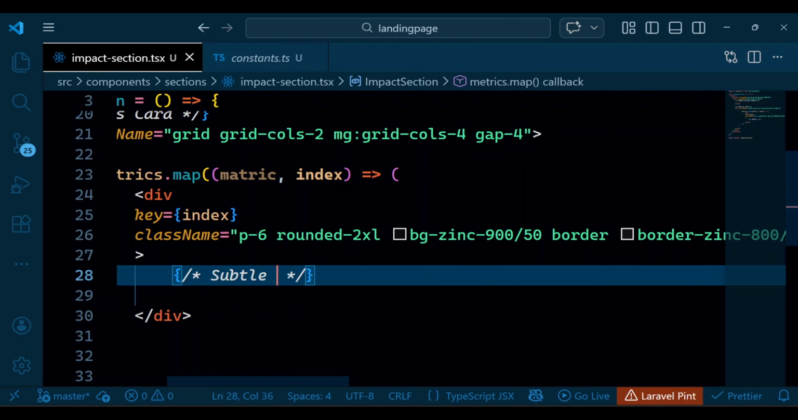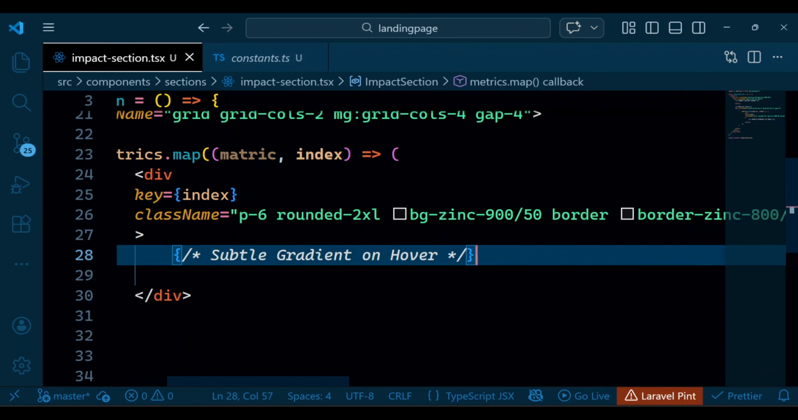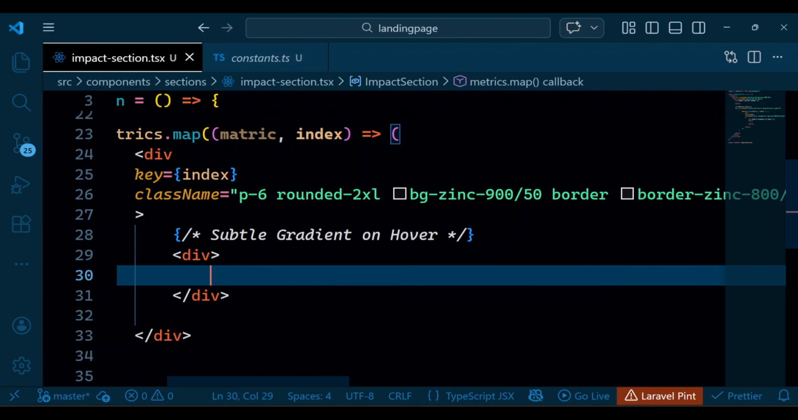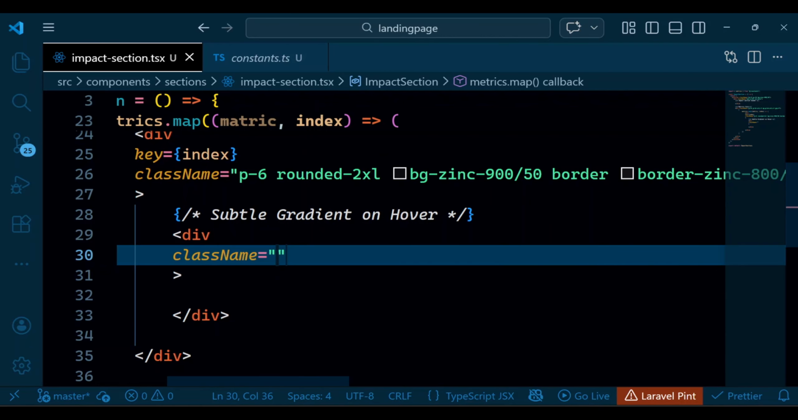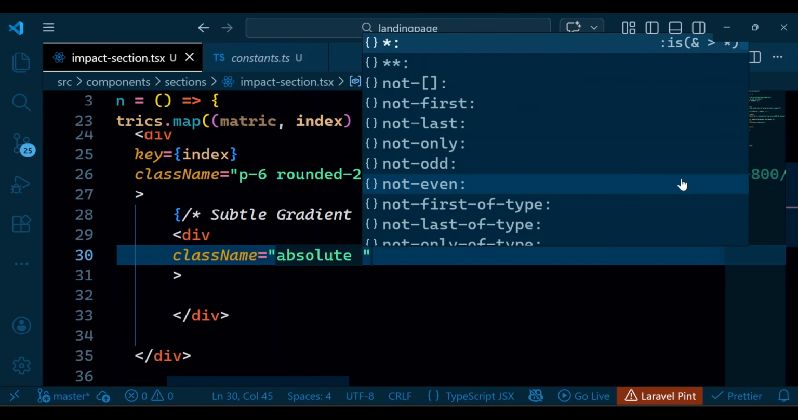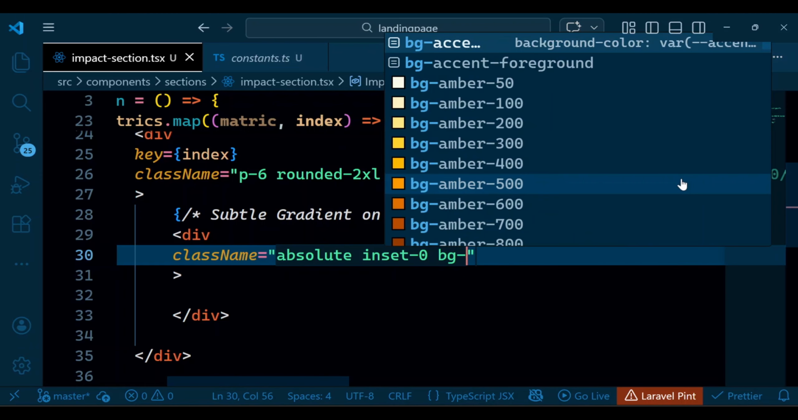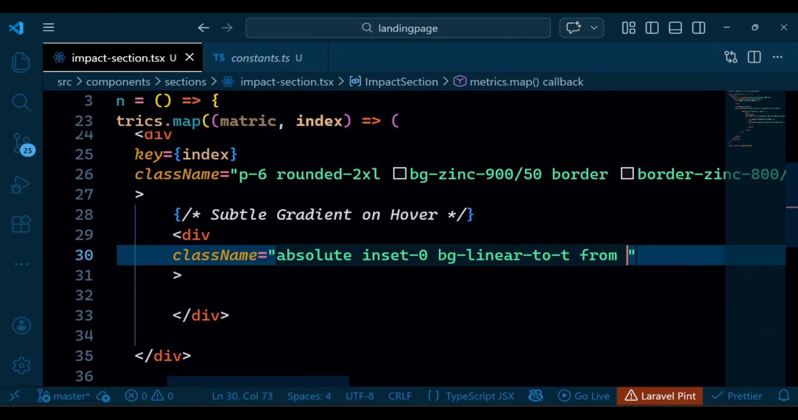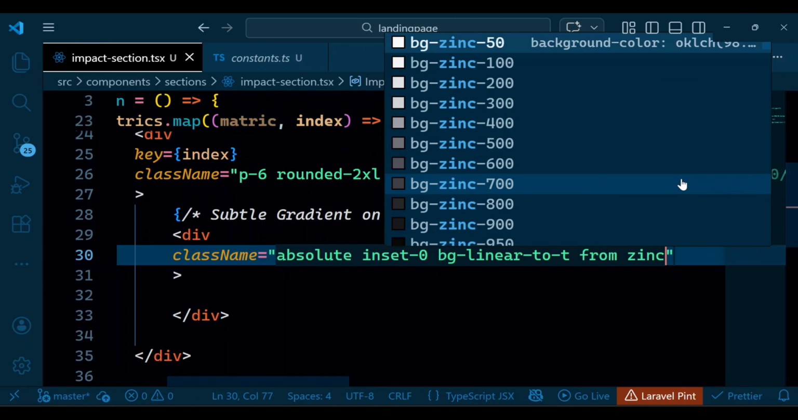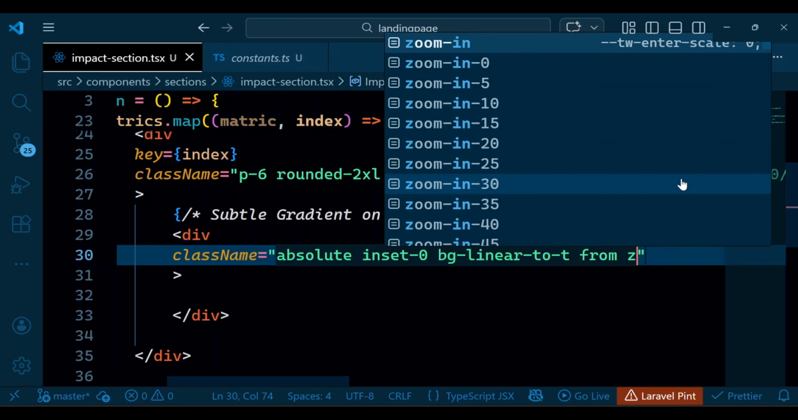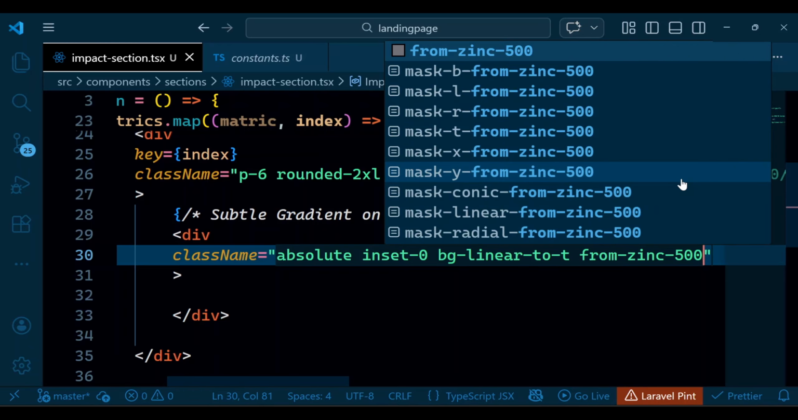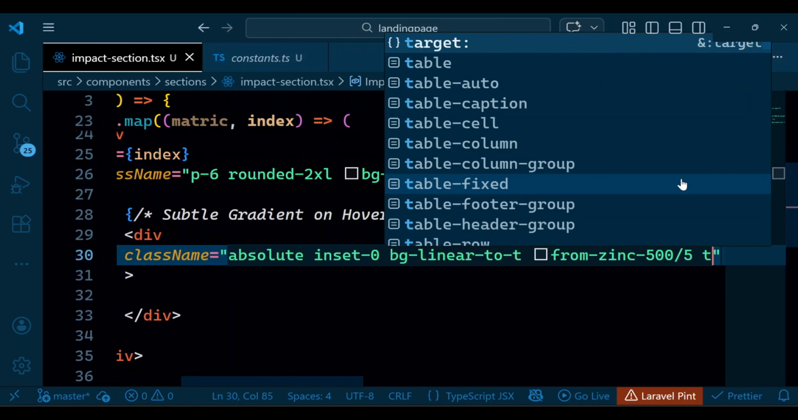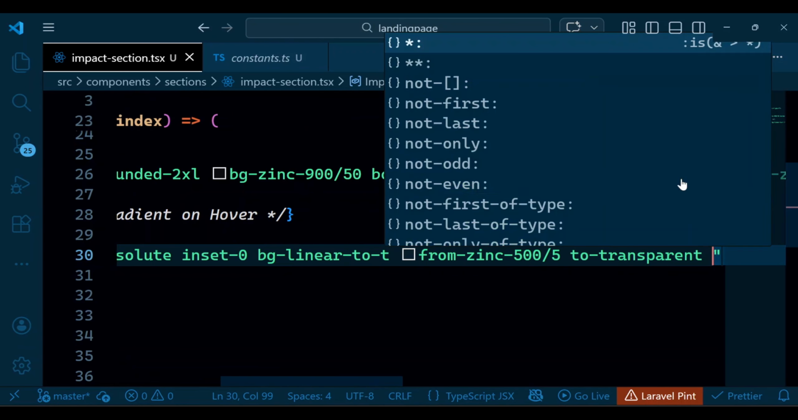Subtle gradient on hover. Okay, first of all, let's give this div a class name: absolute inset-0 bg-linear-to-t from-zinc-500/5 to-transparent opacity-0,